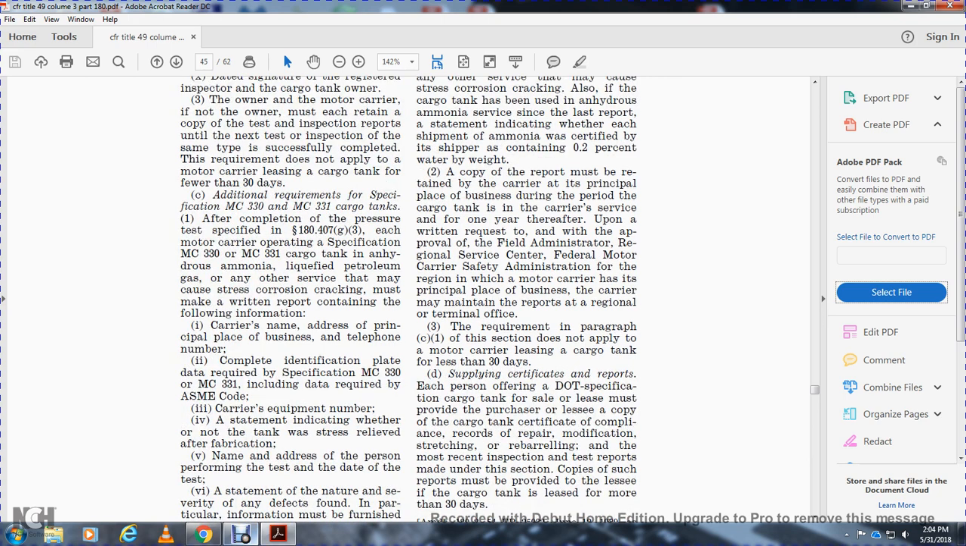3. The requirement in paragraph (c)(1) of this section does not apply to a motor carrier leasing a cargo tank for less than 30 days. The supplying